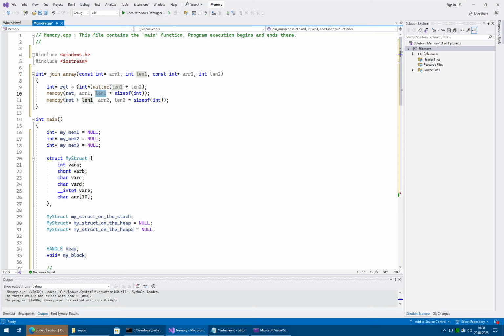Then here we add to the address, so we do pointer arithmetic using the length of the first array. And this pointer arithmetic, as described already one or two lectures ago, the plus does not work in increments of 1, but actually in increments of the size of whatever type ret was defined as. So this will be effectively like plus len1 times sizeof int in terms of the numerical increment to the return value, which will be passed to memcpy, on which it will then just copy the second array, and then we can just return